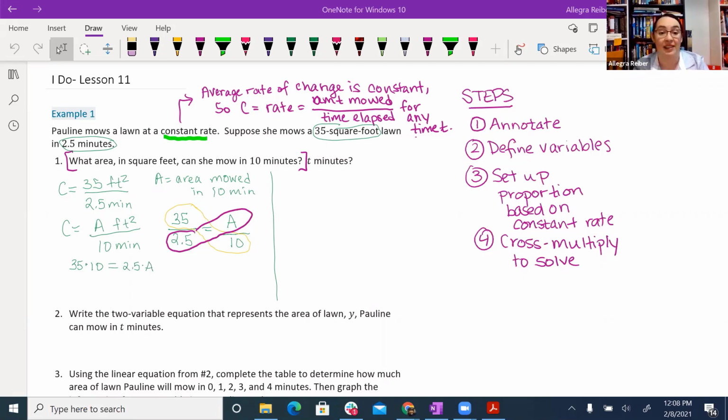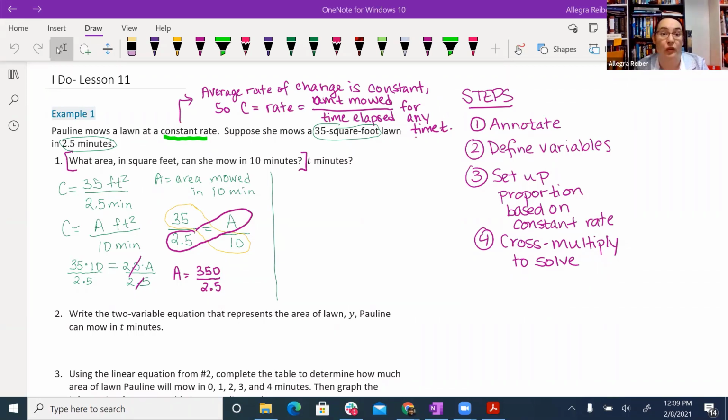Now I want to isolate A. That is the variable I'm seeking an answer for. What is the operation I use when I have something multiplied by my variable and I need to know what my variable is by itself? That's right, we're going to divide. Dividing both sides by 2 5/10. I notice now I have A by itself, so A equals this value, 350, that's the product of 35 and 10,